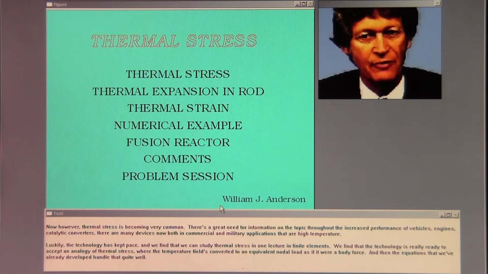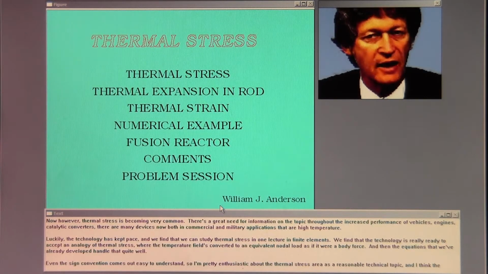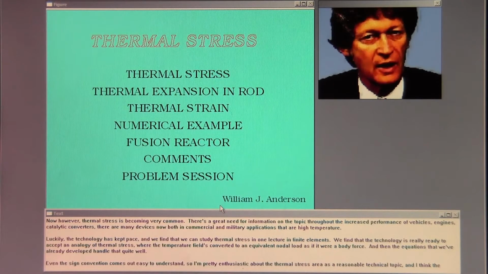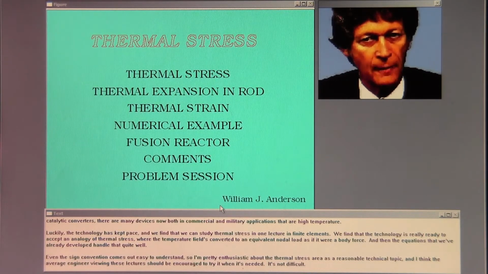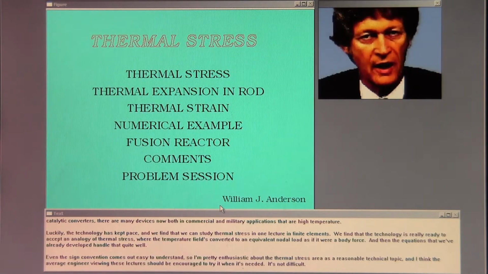There's a great need for information on the topic through the increased performance of vehicles, engines, catalytic converters. There are many devices now, both in commercial and military applications, that are high temperature. Luckily, the technology has kept pace, and we find that we can study thermal stress in one lecture in finite